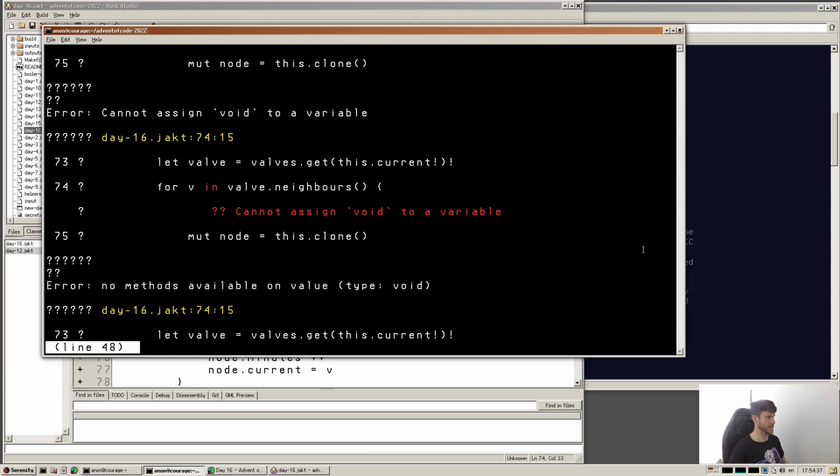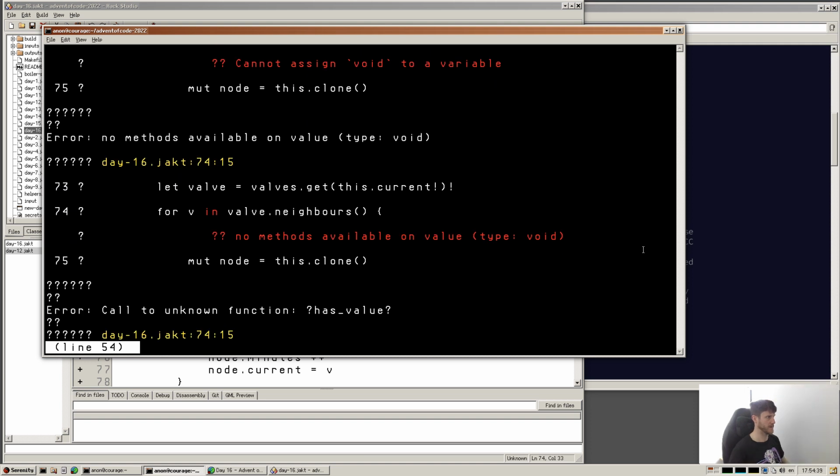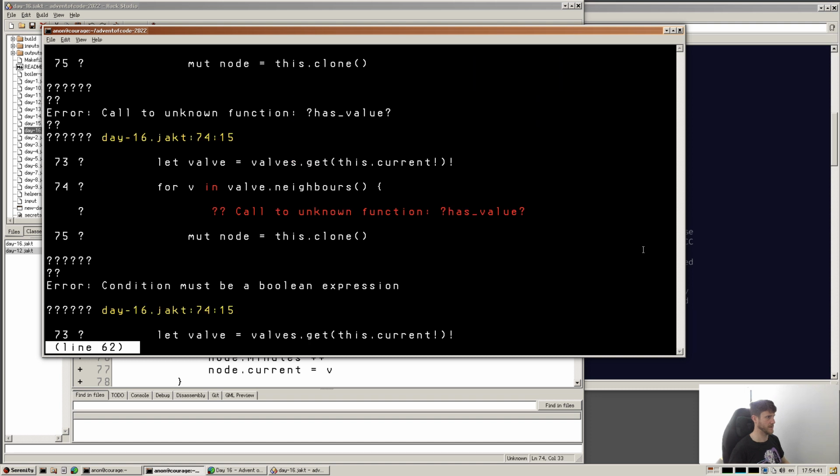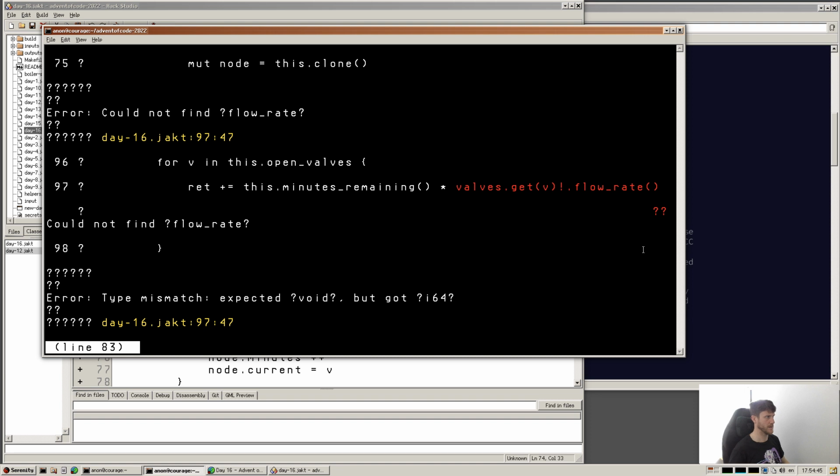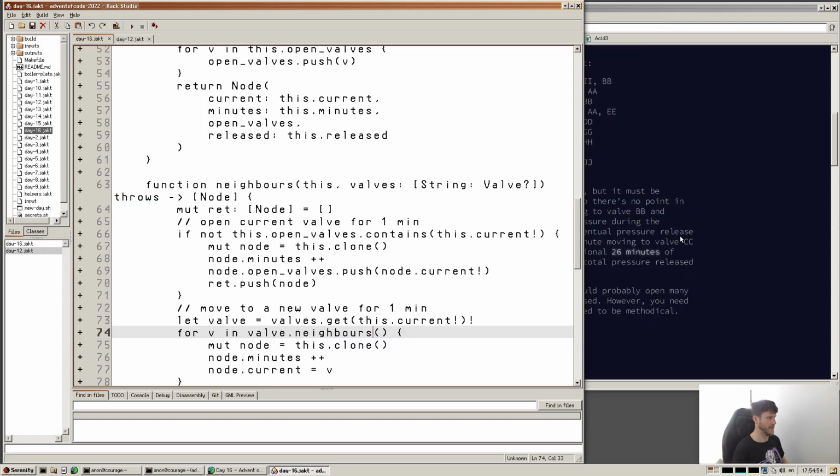And all those are just errors on that. And it couldn't get flow rate as well. Is it because